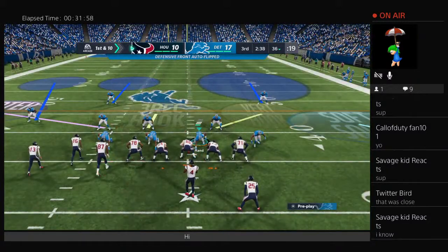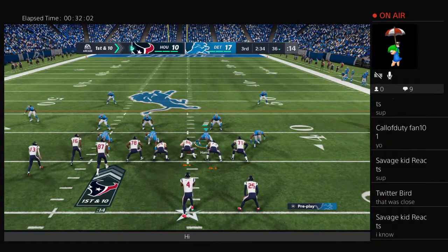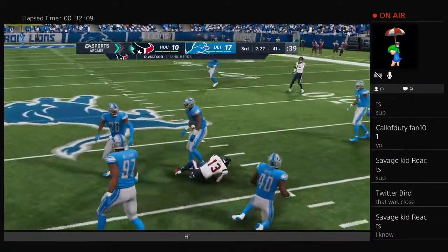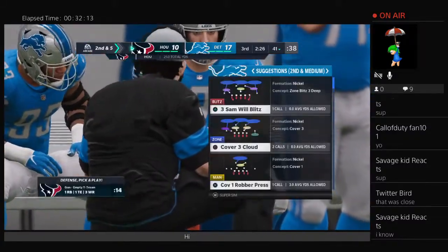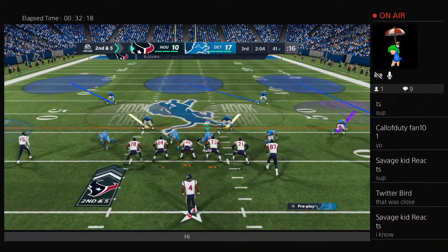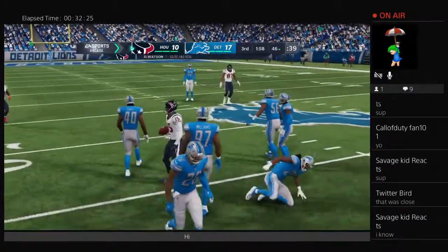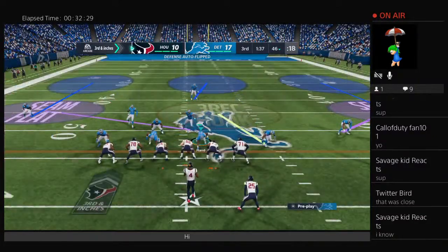So from the 36 now, 1st and 10. Out of the gun, Watson. And Cooks has it over the middle. 5 yards on the catch there, brings up second down. 2nd and 5 after the 5-yard completion on first down, at the 41-yard line. From the gun, Watson looking left side, and he's got a man. That's Fuller. Call that a gain of 5